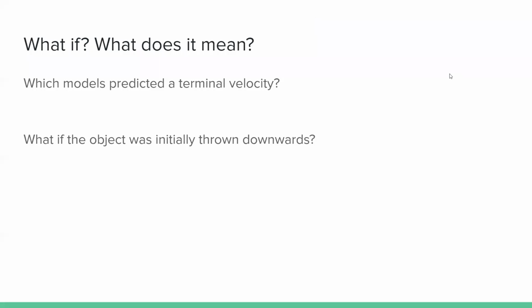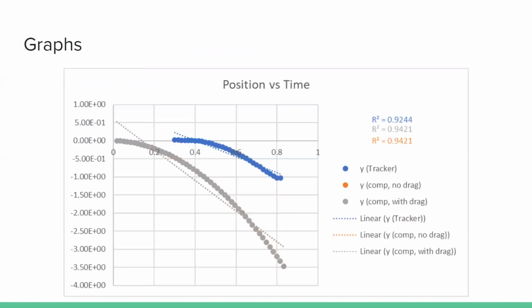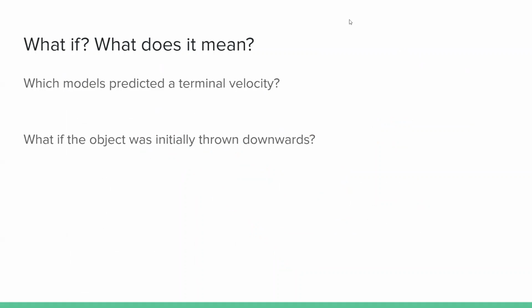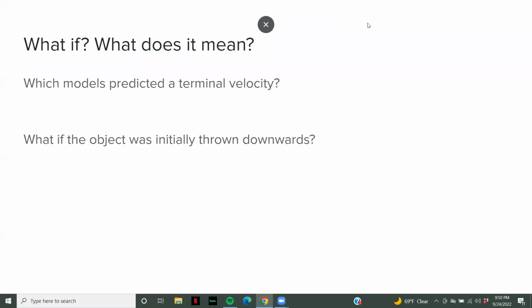To determine which model predicted a terminal velocity, I think it's safe to say that both the with drag and no drag computational models were able to predict a terminal velocity because the mass of the eraser was so small that it really didn't factor into the overall force at all. And if the object was initially thrown downwards, its initial velocity would have no impact on the object's terminal velocity, because terminal velocity is just the velocity that requires the drag force to equal the net force, and the initial throwing downwards would have no impact on